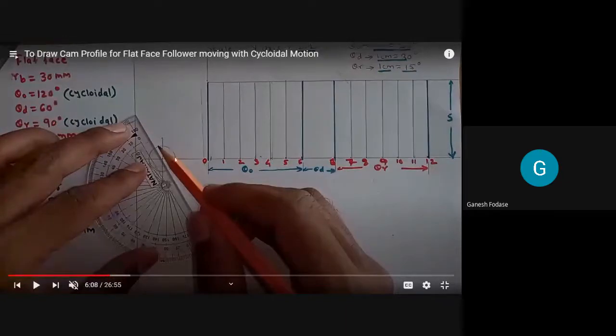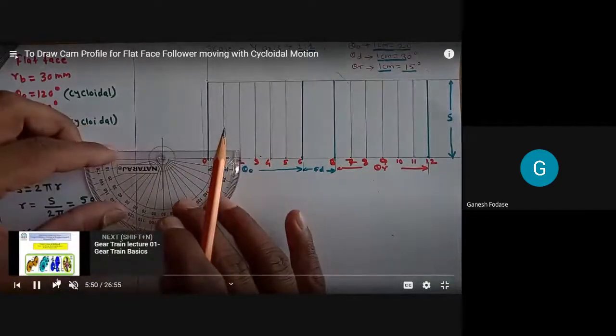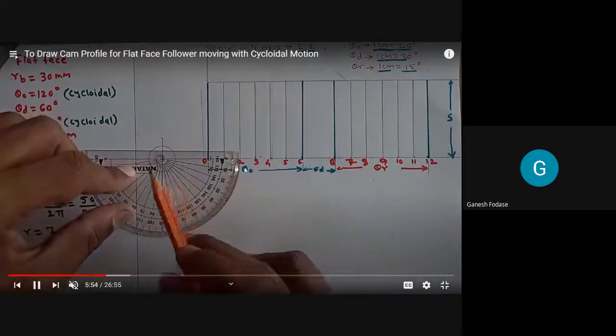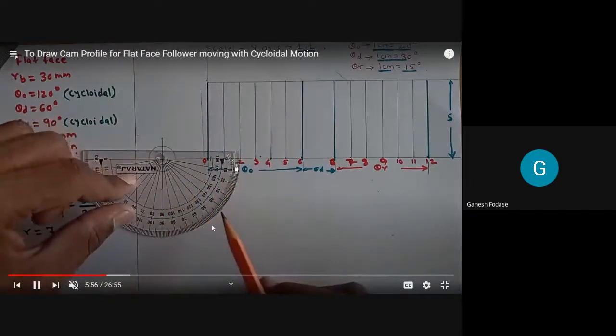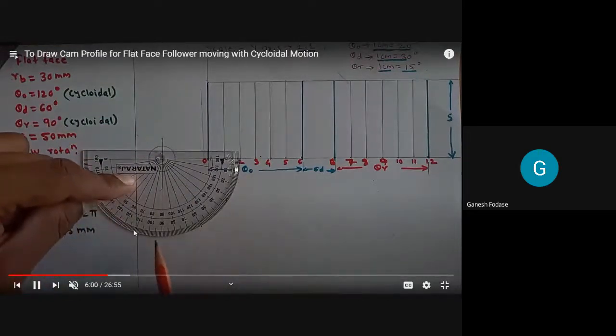And from the positive x-axis, keep in mind, the first one, the positive x-axis, will be 0. Next division 6. Now 6 parts means 360. The total angle is 360 degrees. 360 divided by 6, so how much is each angle? 60 degrees. So you might see here we mark the first angle as 60 degrees. You can see now how it is marked. So here it is 0. The first angle is 0. Then you can see here it is at 60 degrees. So mark the first position. Next 120.